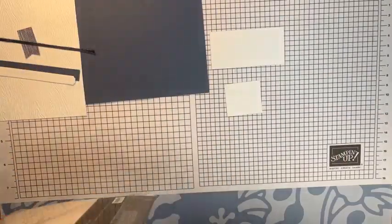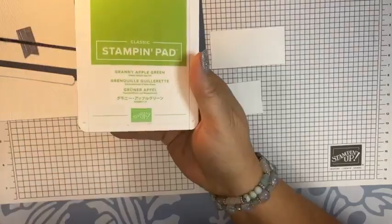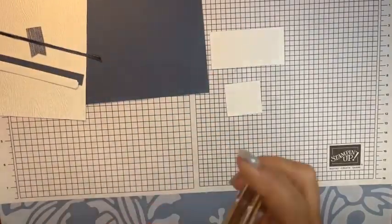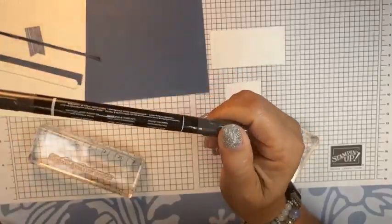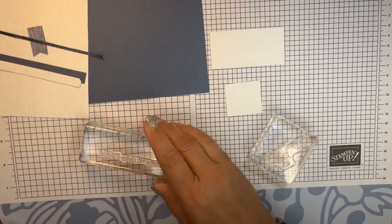And then we're going to use our stamps. I'm going to be using Granny Apple Green ink and Misty Moonlight ink. Okay. And the last thing I'm going to be using is my marker. This is a basic black marker. Okay. And I'm going to start off with